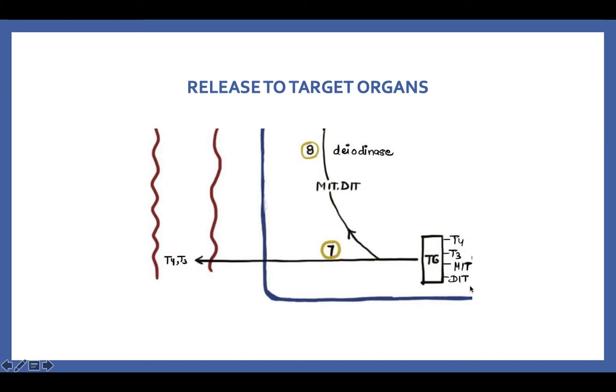And the MIT and DIT that are present undergo, with the help of the enzyme deiodinase, removal of the iodine from these molecules, which re-enters the intracellular iodide pool, and basically it's a recycling step. So this process can keep happening again and again, and here we have the release of T3 and T4. So T3 is produced in lesser quantities compared to T4. We have around 80% of T4 that gets produced, and T3 would be present as only 20%.